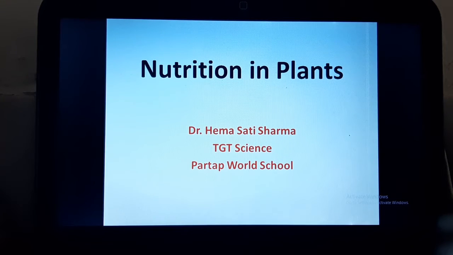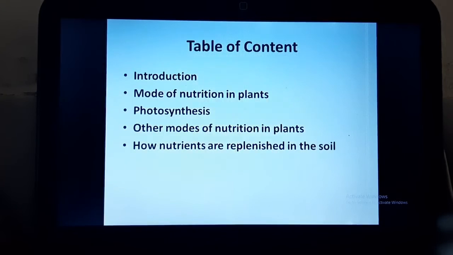Students, we are discussing the chapter Nutrition in Plants for Class 7. We have already discussed the introduction of the chapter, Autotrophic Mode of Nutrition, Photosynthesis. In photosynthesis, we have studied the definition that photosynthesis is a process in which plants utilize carbon dioxide and water in presence of chlorophyll and sunlight to produce food. Now, along with food, the process of photosynthesis also produces oxygen and water vapor as byproducts.